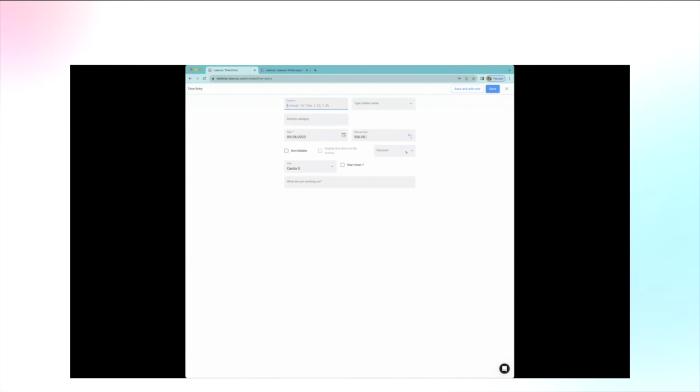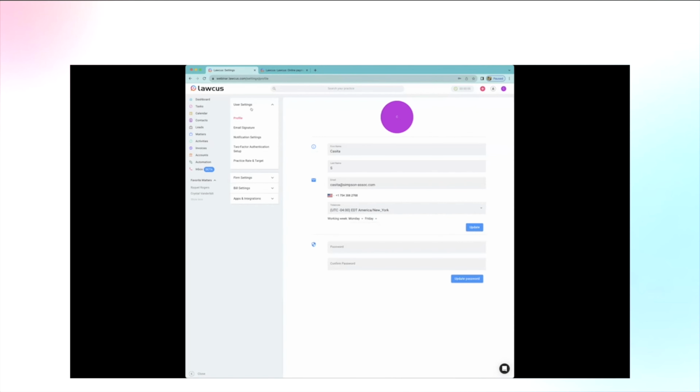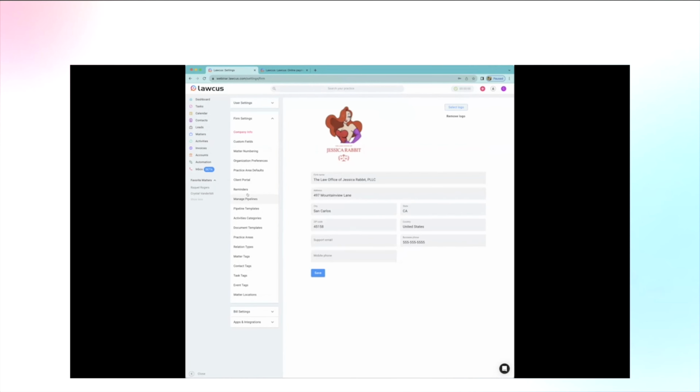Now, one thing that you will see that's different is that the rate that's here is different than the rate that was on the invoice for that particular matter. And that is something that you can do for your firm within your settings. To be able to set this up, you want to make sure that as a firm, inside of your settings, you have your information here where you ensure that the